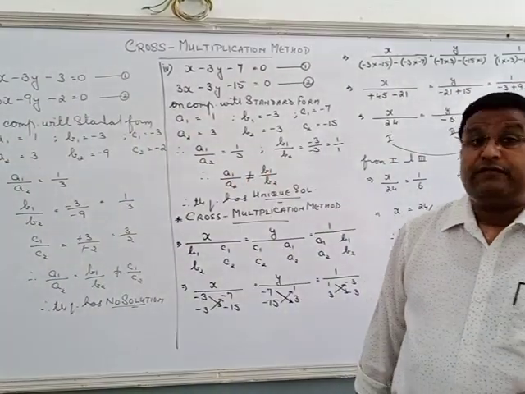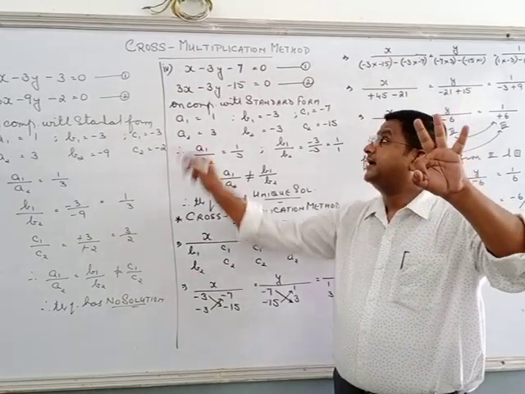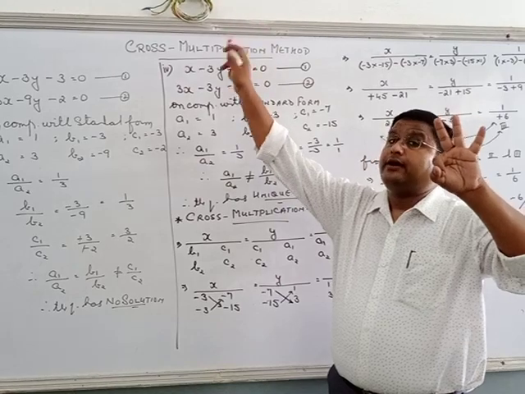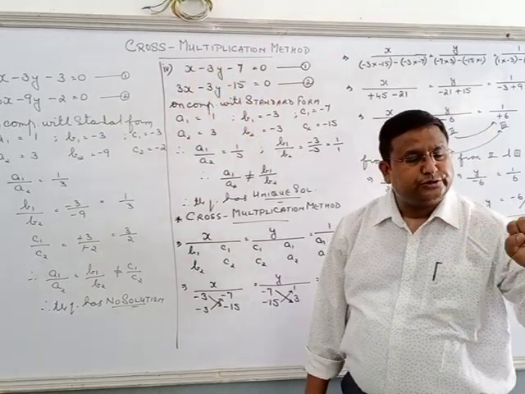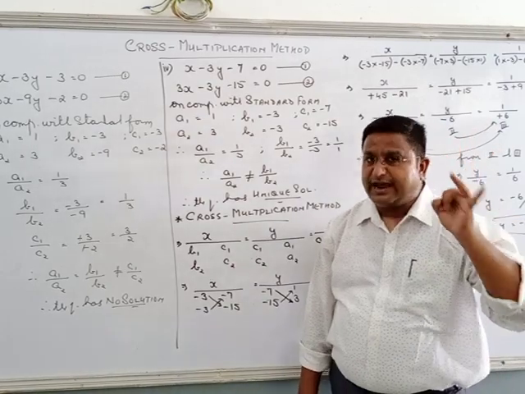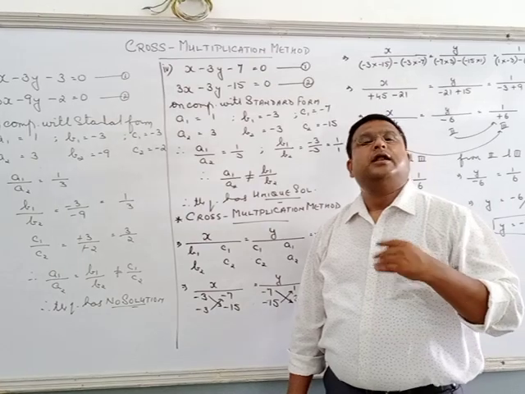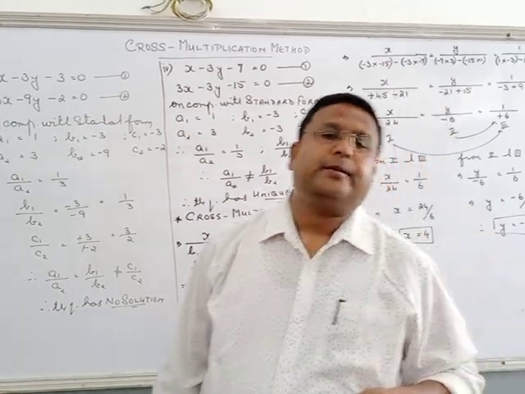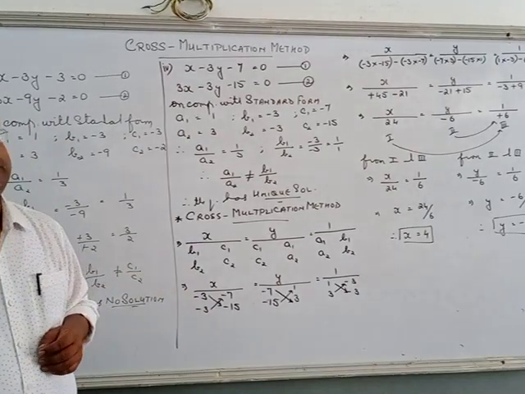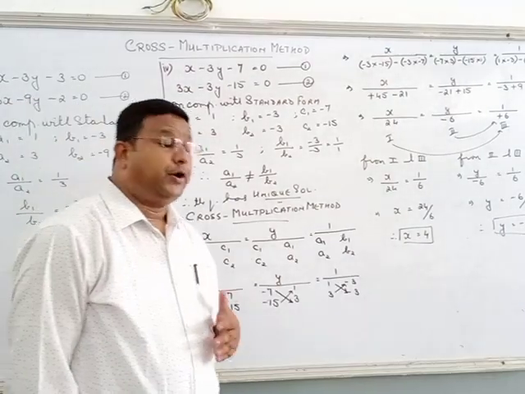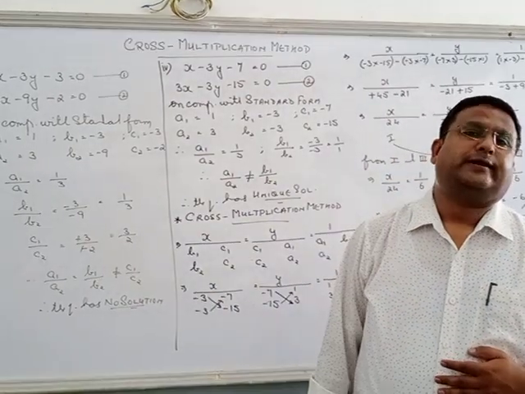So here we have finished all three methods of solving linear equations in two variables. First was substitution method, second was elimination method, third is your cross multiplication. In the next we will be coming down to graphical method, but before that we have several kinds of questions to practice. That is in your exercise 3.5, 3.6 and a few word problems as well.